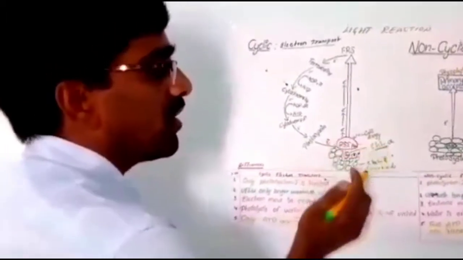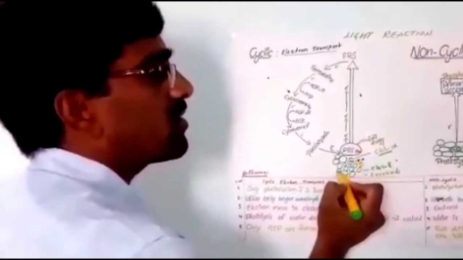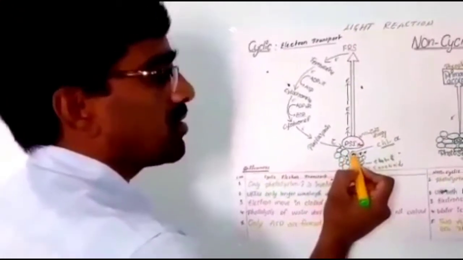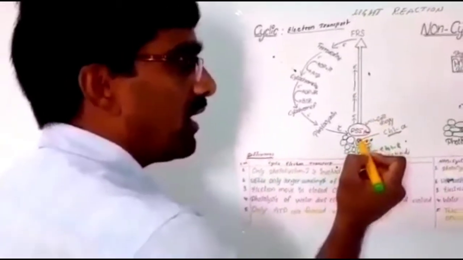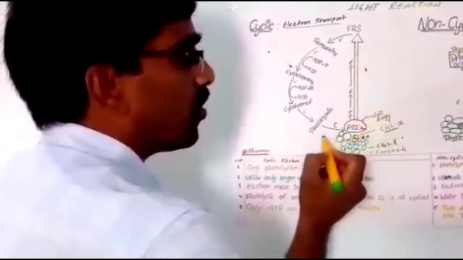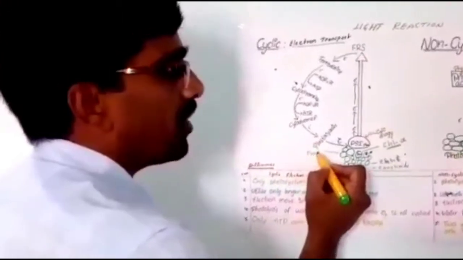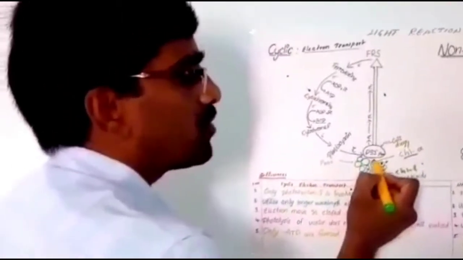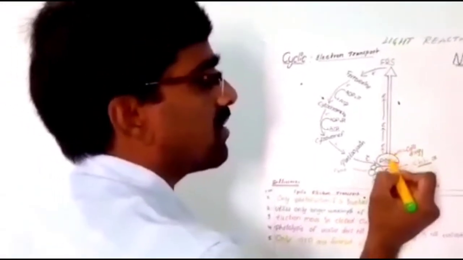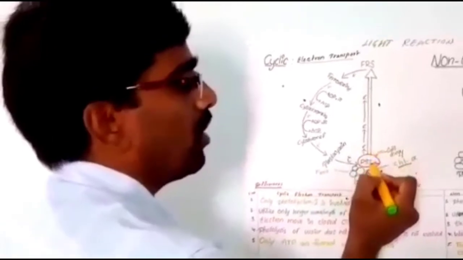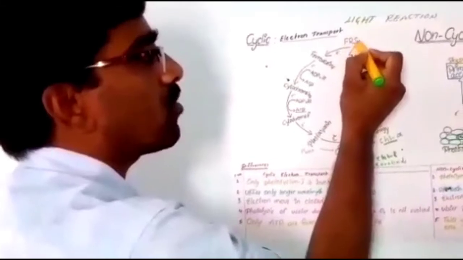In photosystem 1, P700 nanometers wavelength light is captured by the light harvesting center and handed over to the reaction center, that is chlorophyll A. Then the electrons present in chlorophyll A are excited in the presence of P700 nanometers wavelength light. This light is useful for absorption and excitement of electrons. Now electrons are excited and move away from the chlorophyll A molecule, and these electrons are absorbed by the primary electron acceptor,